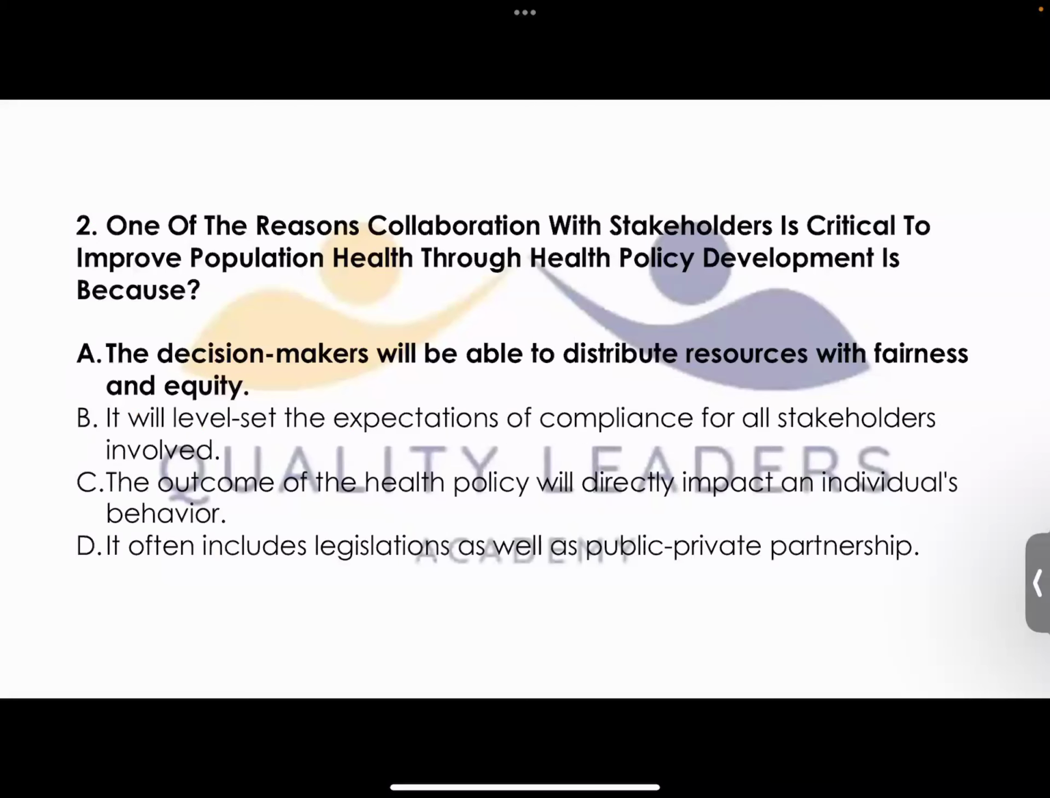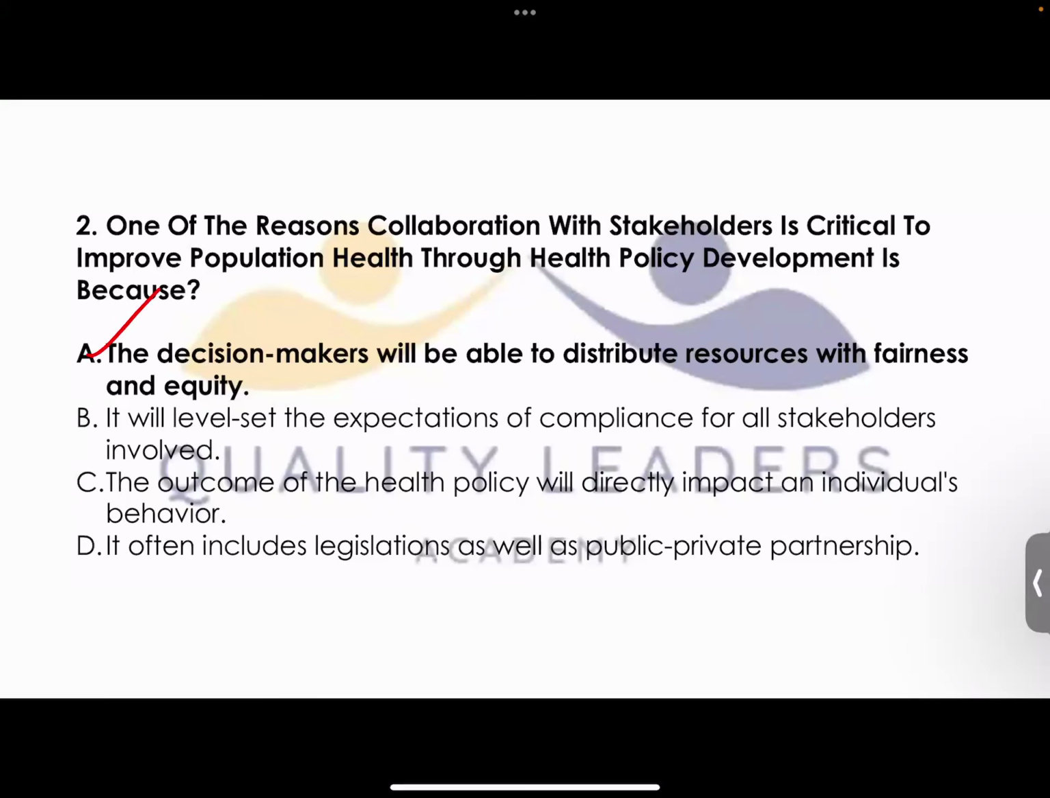Okay. Number two, one of the reasons collaboration with stakeholders is critical to improve population health through health policy development is because A, decision makers will be able to distribute resources with fairness and equity. B, it will level set the expectations of compliance for all stakeholders involved. C, the outcome of the health policy will directly impact individuals' behavior. D, it often includes legislation as well as public-private partnerships. So the answer is